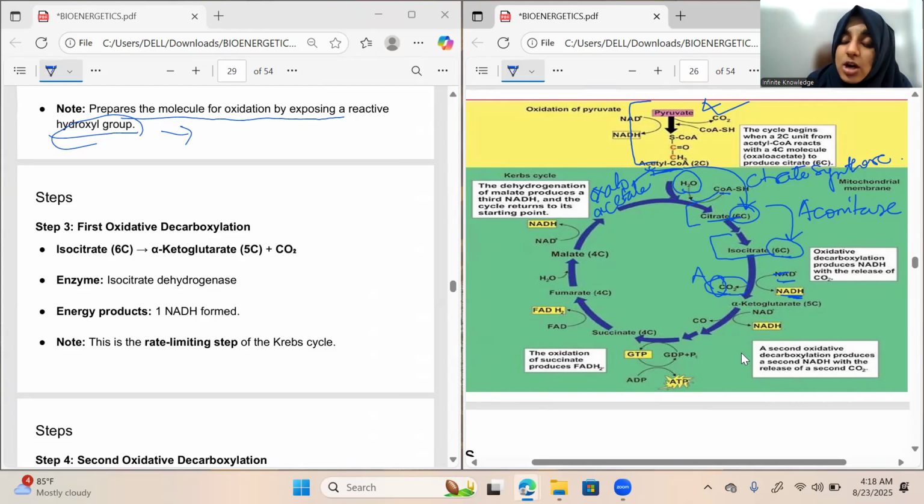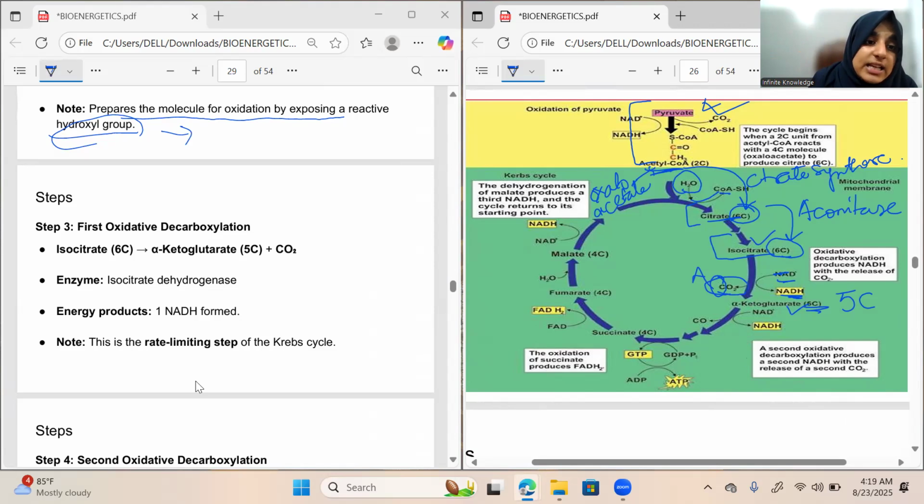First oxidative decarboxylation occurs when isocitrate is converted into alpha ketoglutarate. Alpha ketoglutarate is a 5 carbon compound. And why is it a 5 carbon compound? Because one atom of carbon is removed as carbon dioxide, right? After that,